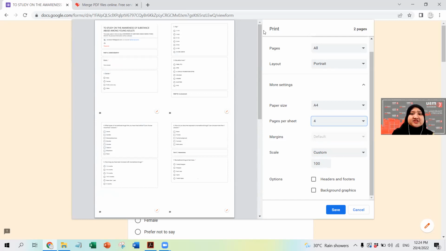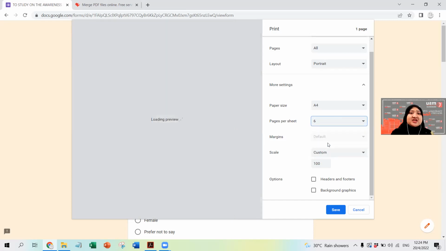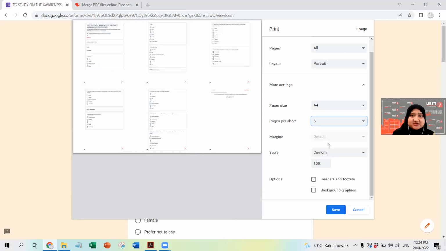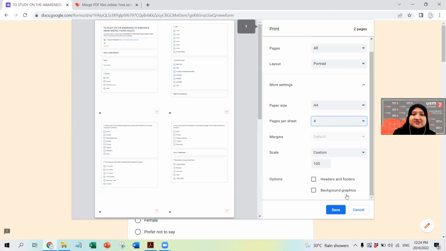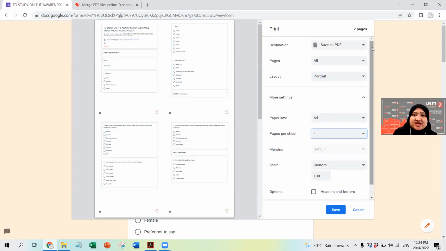I allow you to put up to 4 pages per sheet, because let's observe if we were to put 6. If we put 6 pages in one piece of paper, the writing will be very small and difficult to read. So even though this one is compressed into one page, this is hardly useful because I cannot read what's there. So what I will do now is revert it back to 4 pages in one piece of paper, and check that we have clicked on save as PDF, save it,